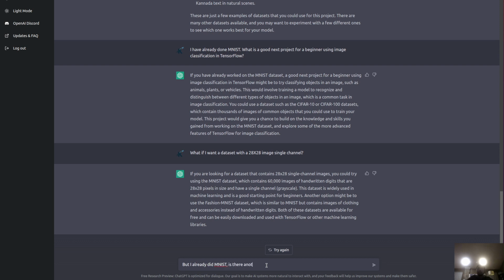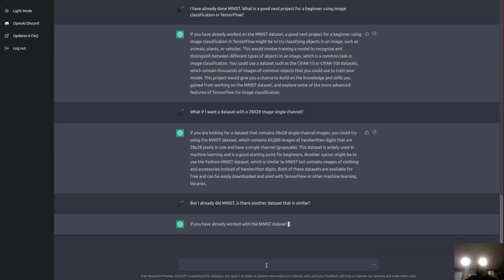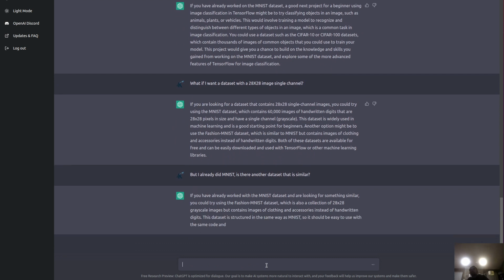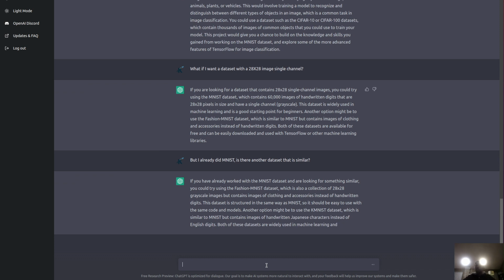Is there another data set that is similar? Yeah, it's kind of a bummer. I don't know. There we go. Now it's finally on Fashion-MNIST, but before it suggested it a lot quicker.